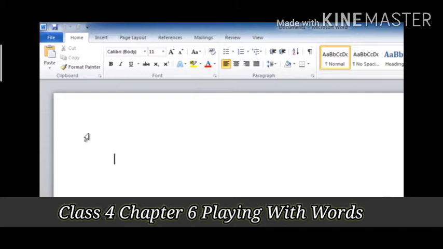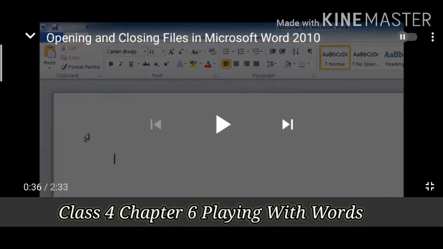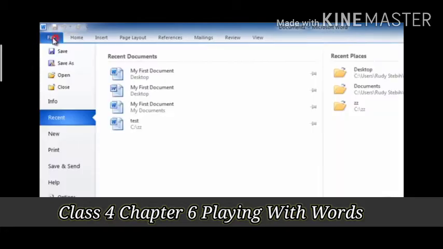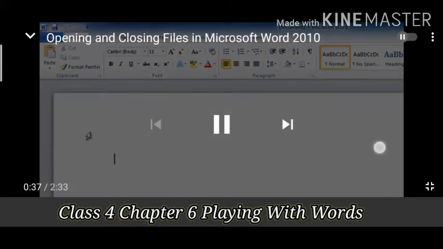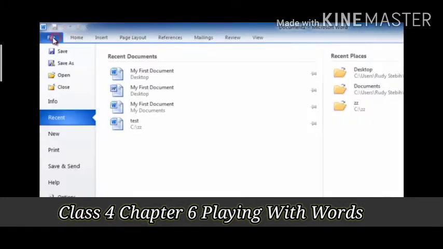Now we'll see how to open and close the document that we have already saved. So for opening a document, we'll go to the file menu again, and from this file menu, click on open and your document will get opened.